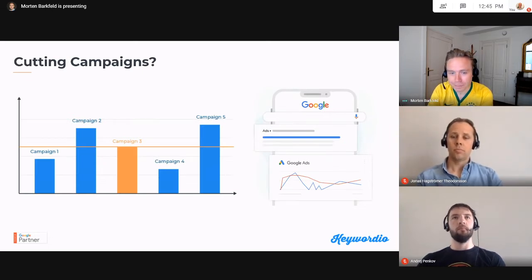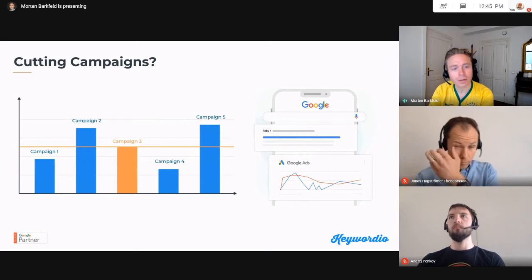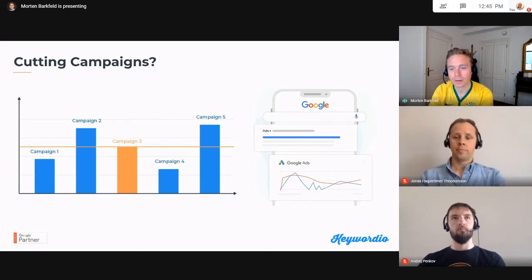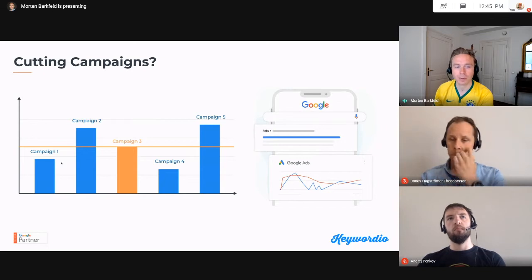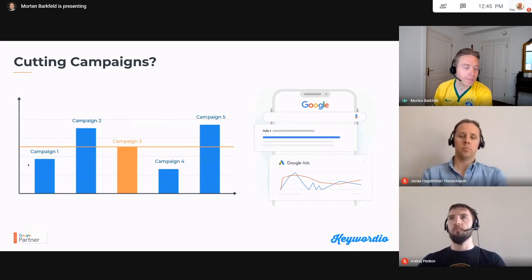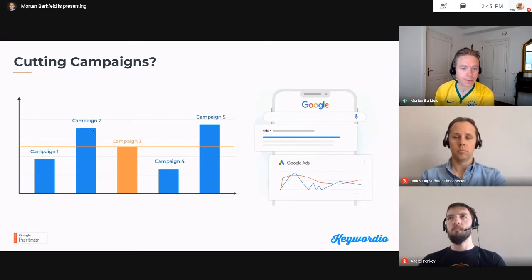So let's imagine that your manager, or you as a CEO, wants to cut 30% of the budget, right? What you can do is look at the different graphs, and let's imagine that on this axis we have ROAS, and on this axis we have campaigns, right? So campaign 1, 2, 3, 4, and 5. Campaign 1 could be Nike sneakers. Campaign 2 could be Nike Air Max sneakers. Campaign 3 could be Nike sweaters, and so forth. Of course, campaign 5 and campaign 2 are doing quite well in terms of ROAS, and campaign 4 and campaign 2 are not doing super well, right?